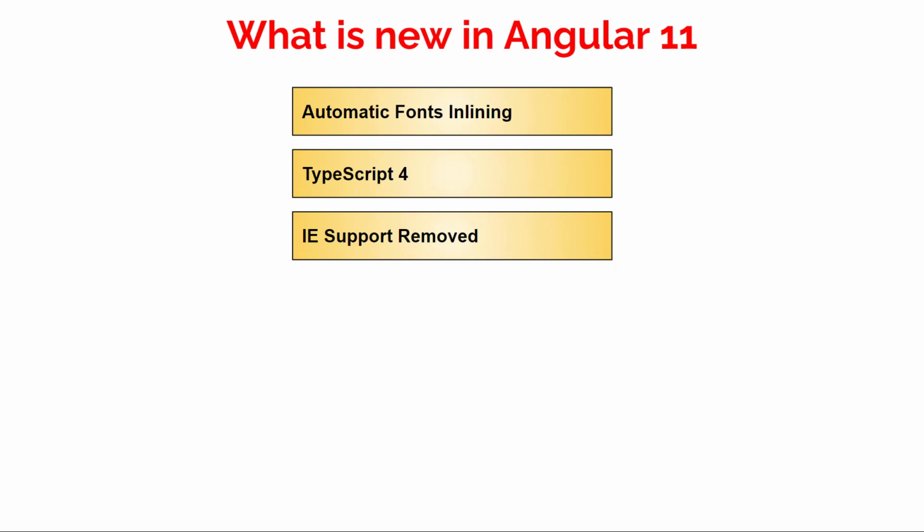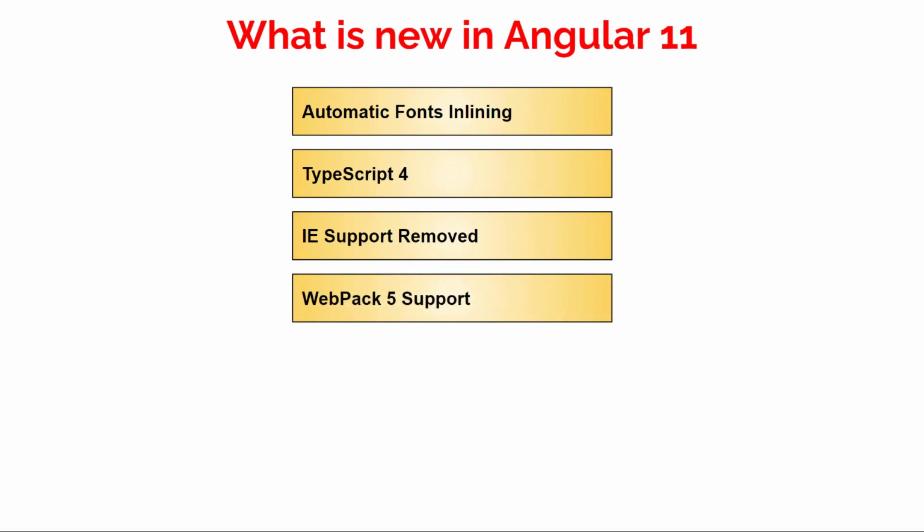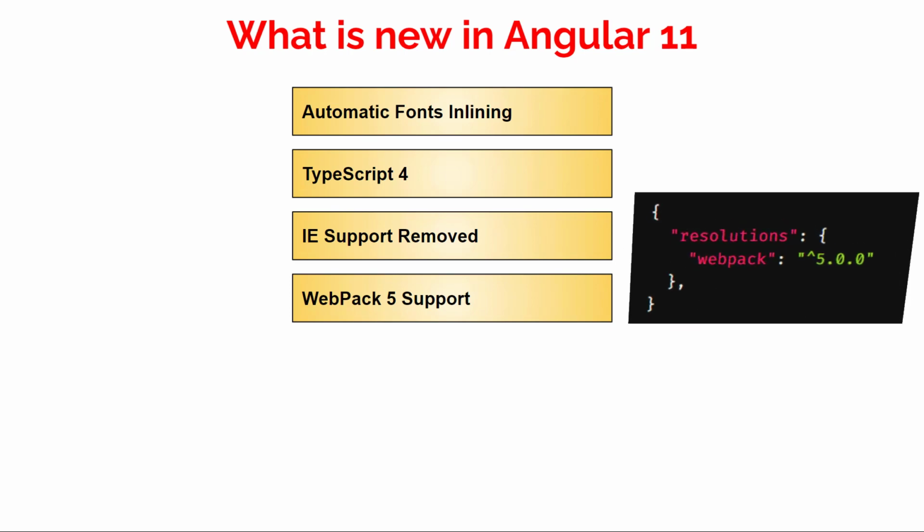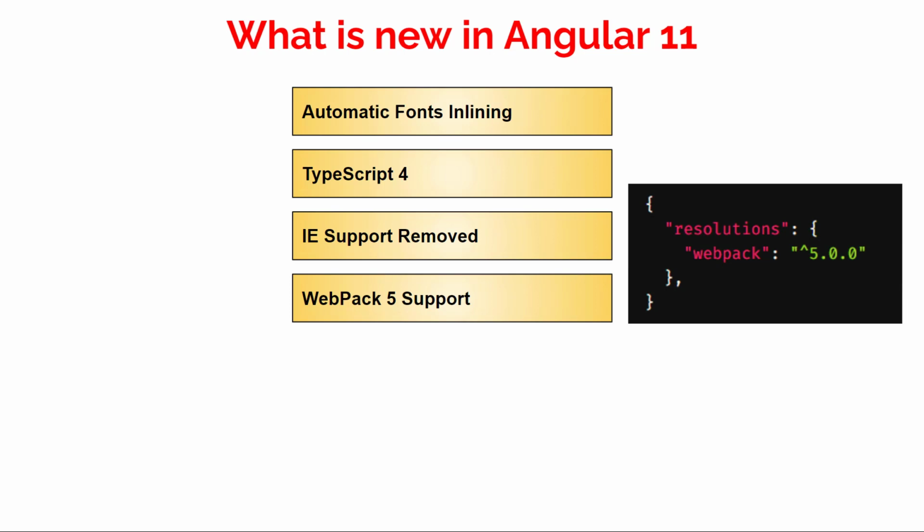Another improvement is that now we can opt in to add support for the Webpack 5 version. It will help in faster build with persistent disk caching. Also, it will help to create a smaller bundle size by using tree shaking features. This is not enabled by default because it is an experimental feature and not recommended to use for production for now. We can enable it by adding this line to our package.json file.